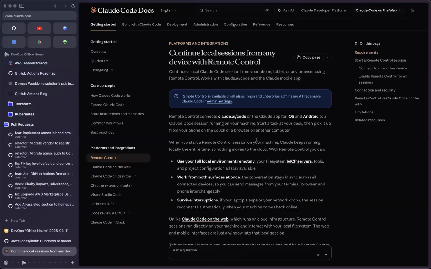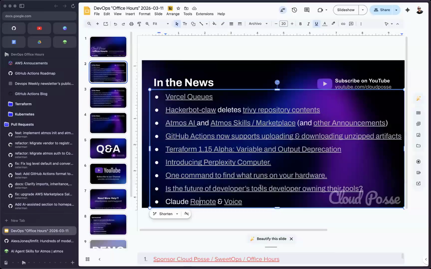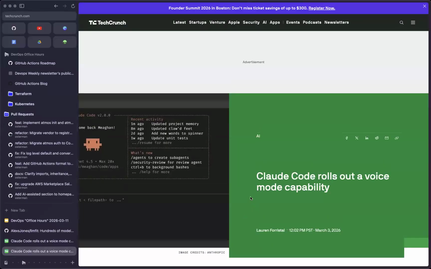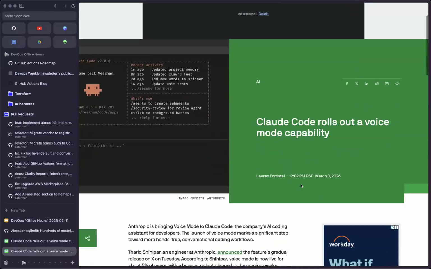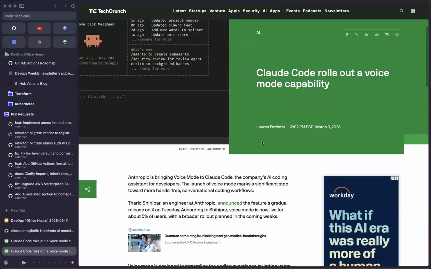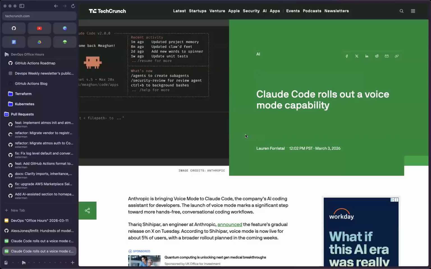When you step away and go to the grocery store, your agents might be waiting on you. You can't let them down. And voice is the other thing. We use Willow Voice and Spokenly, and I've tried a bunch of these different voice tools. I haven't tried this out yet, but now there's native voice recording built into Claude Code.